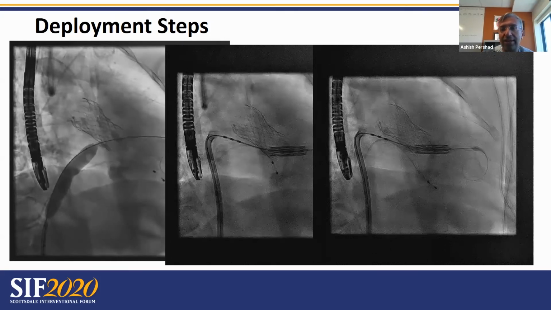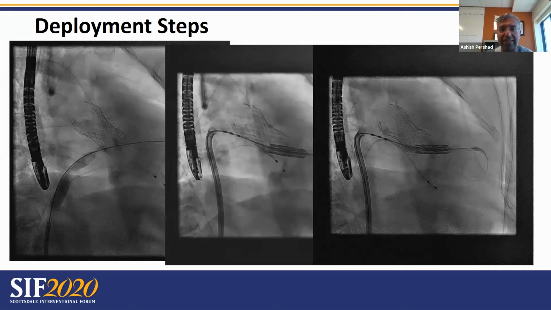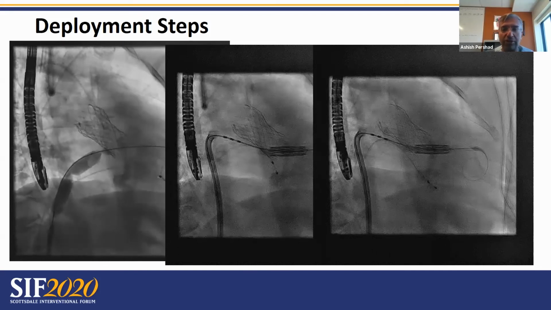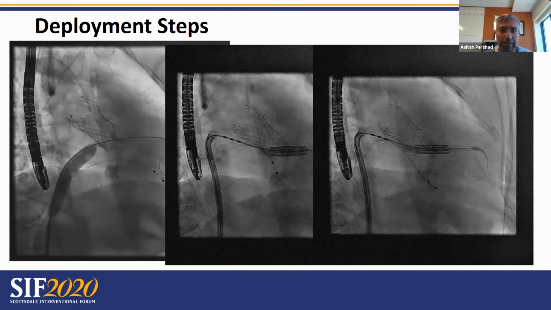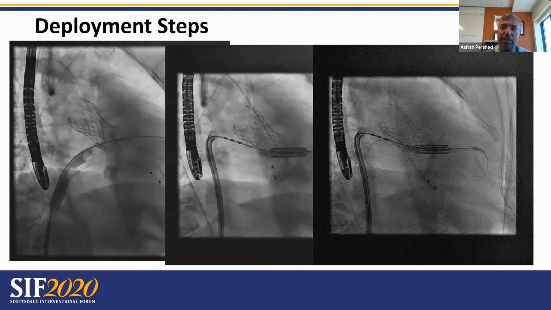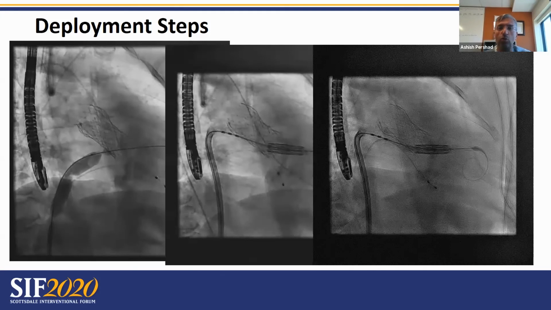Once we've accomplished that, we will advance a 29 valve, which was the valve we used in this case, and line it up. This is the hard part, where there's a lot of motion, as you can see, due to the vigorous contractility of the left ventricle, as can be seen in the middle panel. But we obviously try to put the dot of the Sapien valve within the calcified portion of the annulus, with the intention of having a 20 millimeter offset and adequate flaring within the LV.